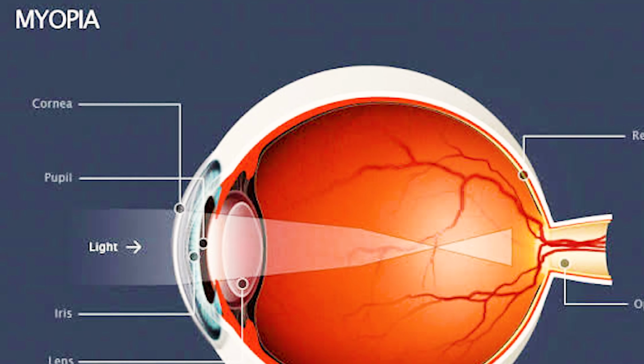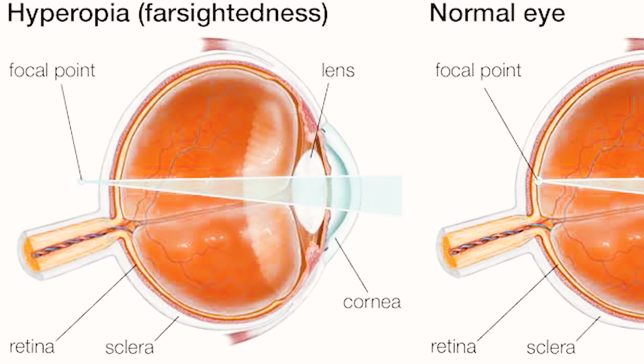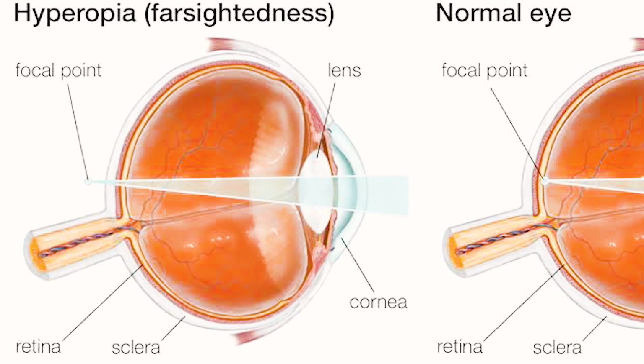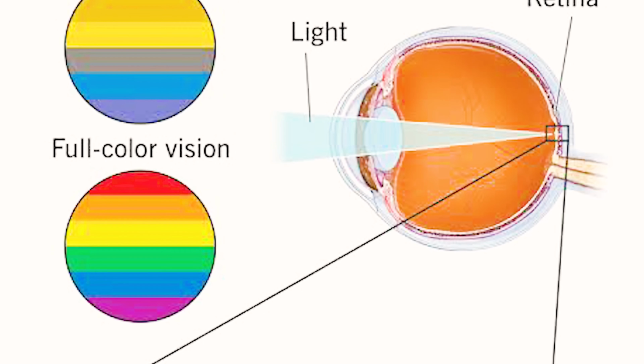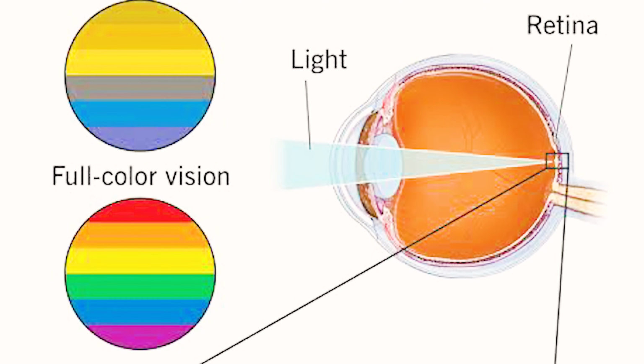That's usually called myopia. We also have farsightedness, where you cannot see things that are far ahead of you very clearly. We have color blindness, where people perceive colors like green as brown, or cannot perceive the color black or the color red. We also have astigmatism, where your eyes cannot see clearly if affected by light sources directly. Now, the imaging of your inner eye can be done by optometrists to detect these problems